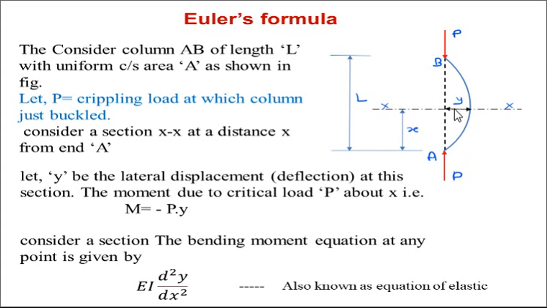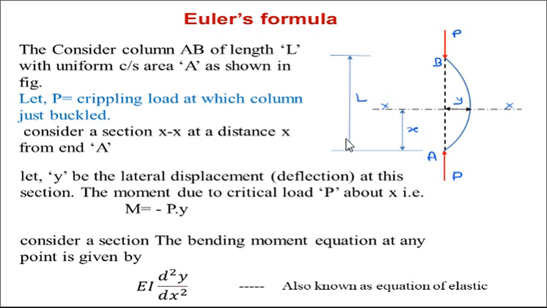In the figure you can see there is a deflection from the original position. Originally the column is straight and vertical, the initial center line, but after application of the compressive load, the column will bend or buckle by a magnitude of y. It is a lateral displacement. And xx is the x-axis of the column. It is any axis taken at the cross section of the column.